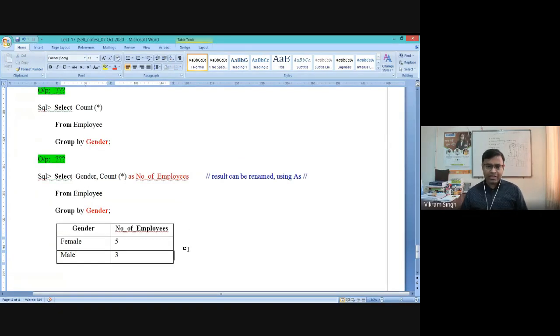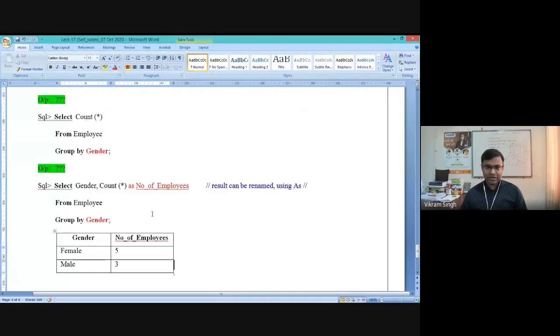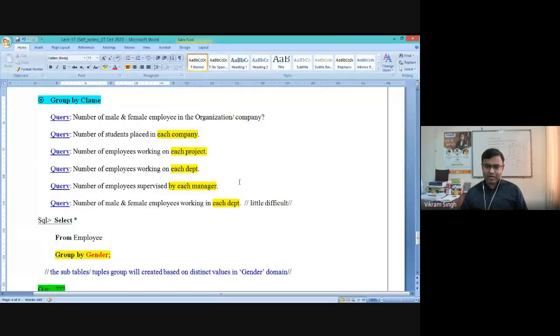So for each scenario, you can see we have done with today's lecture actually. For each query you can write, like for the first we have taken gender. So the group by attribute is gender, right.